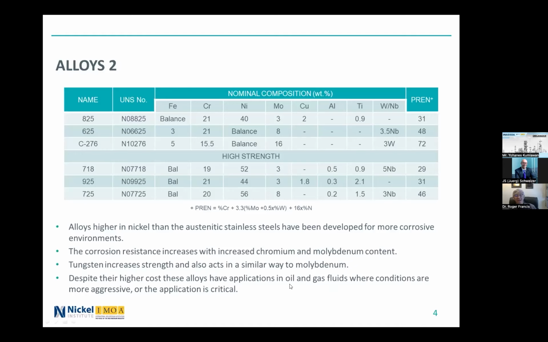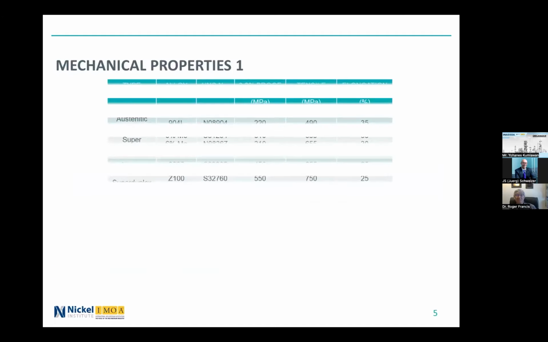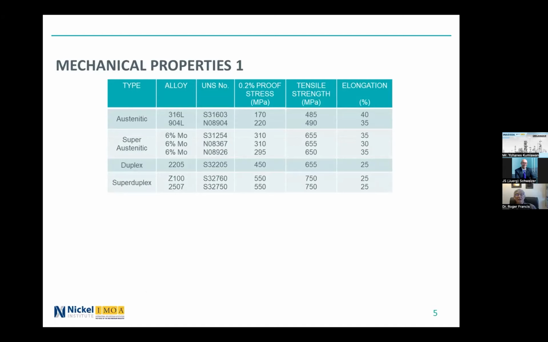So despite their high cost, these alloys have applications in oil and gas fluids where conditions are more aggressive or the application is critical. So we also need to talk about mechanical properties, because a lot of these alloys are used on offshore platforms where you're trying to save weight to minimize the amount of steel that's supporting all the activity. So for the austenitic stainless steels, the low alloys are only moderate strength, slightly higher strength for the super